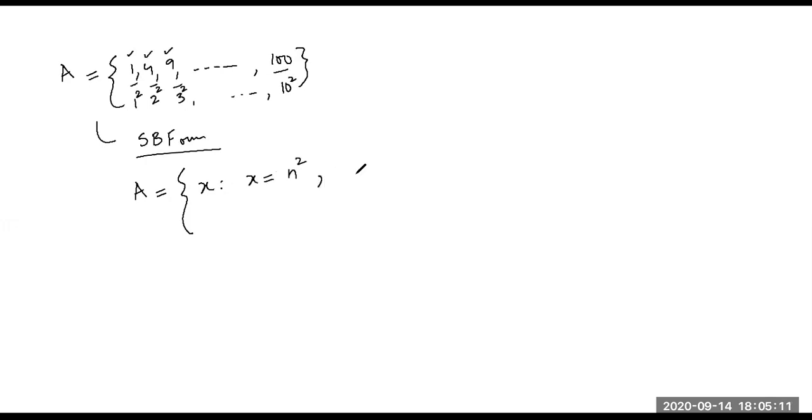So comma, because there's one more thing in my mind, then I will write n. So n belongs to natural number, and now I know n is limited. My numbers are limited from 1 to 10, right? So n is more than or equal to 1, less than or equal to 10. So this is the way I can write it.